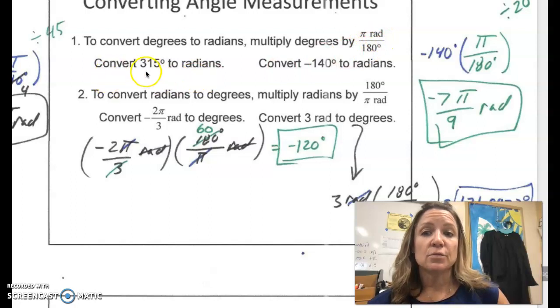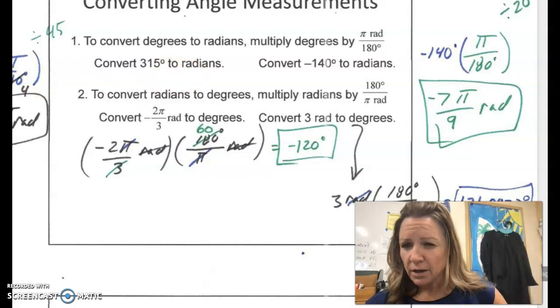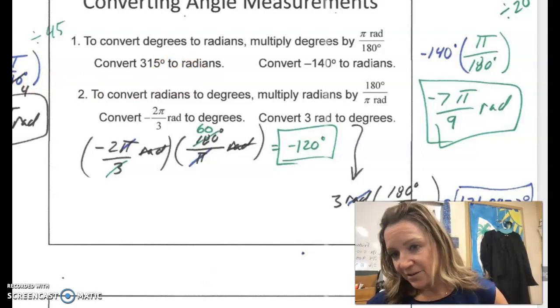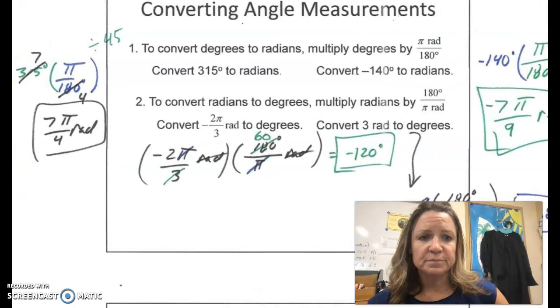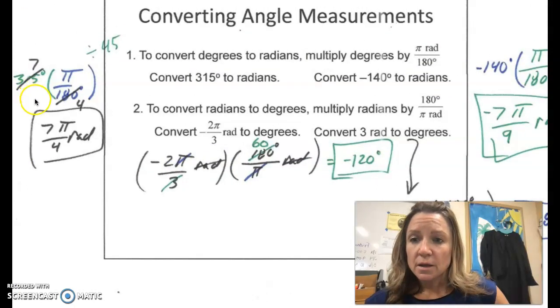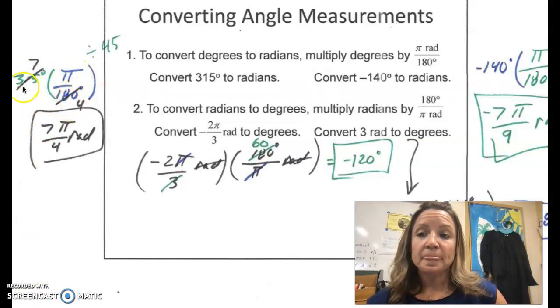So if we take 315 degrees, it's over here, and it looks like the one's right underneath the slash, but it's 315 under there. We're going to multiply that by pi. Oh, you can't see it. Sorry. It's over here. It's 315 here. We're going to multiply that by pi over 180. 315 and 180 both reduce to 7 over 4 if we divide by 45, which means we have 7 pi